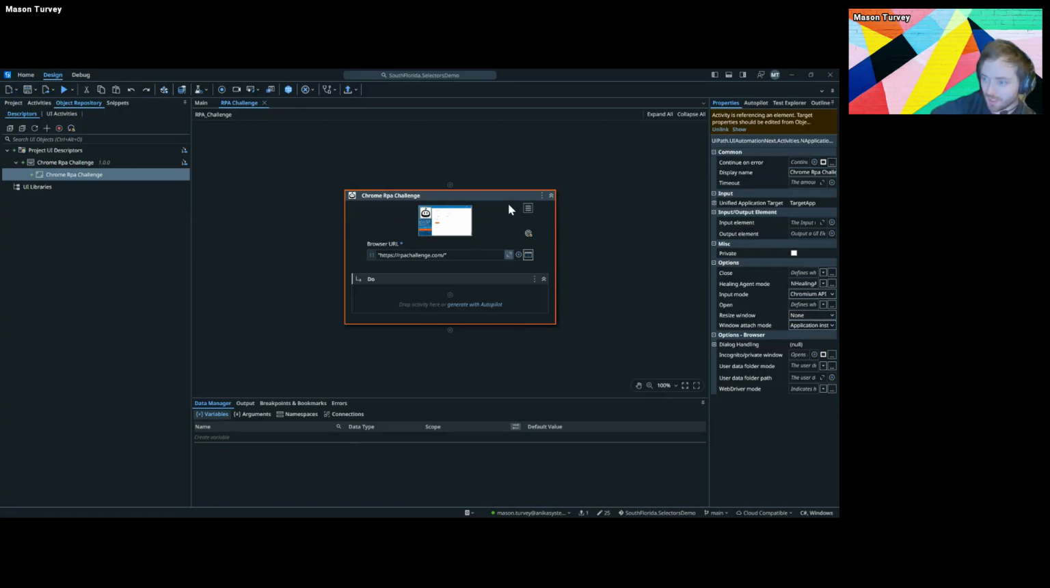So this is the homepage of RPA challenge. If we go to shortest path, see now we're at assets, shortest path, public. Let's take this screen instead. Indicate that. Indicate descriptor. Now we have this entire